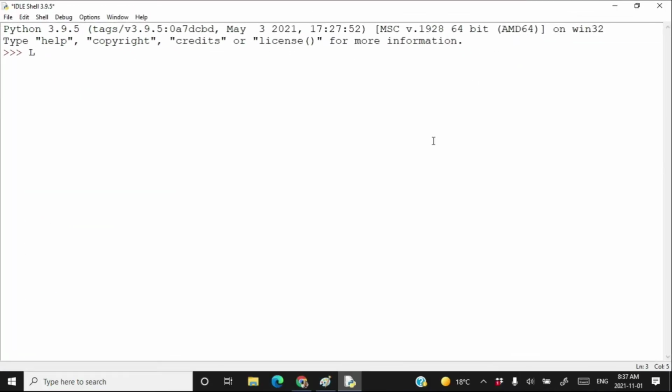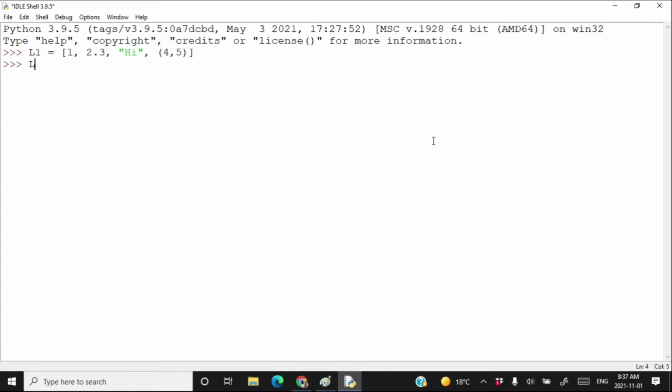We can create a list by using an already existing list. Suppose that I have an existing list which contains the elements 1, 2, 3, hi, and a tuple. The 4 elements exist in the list.